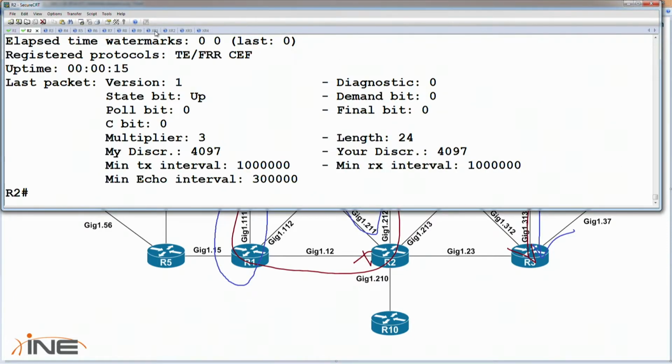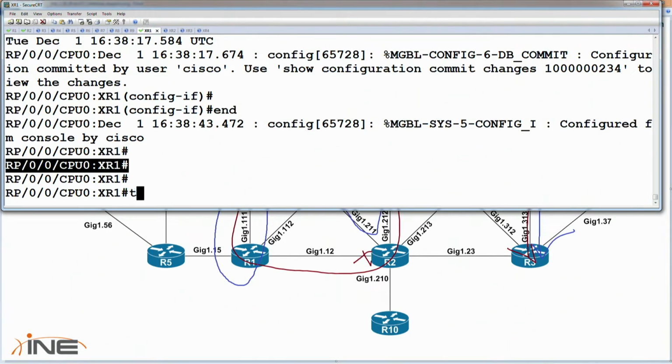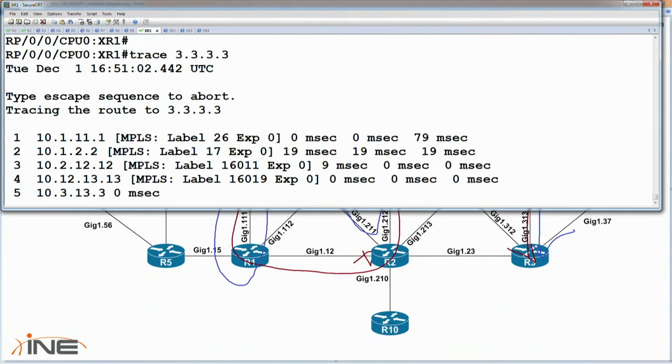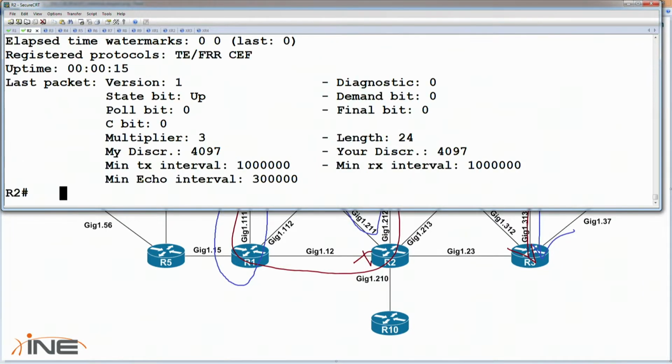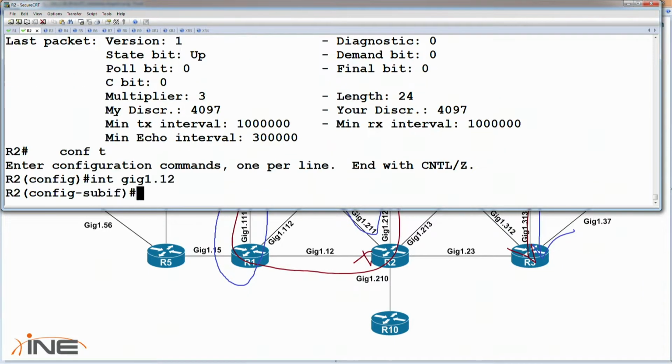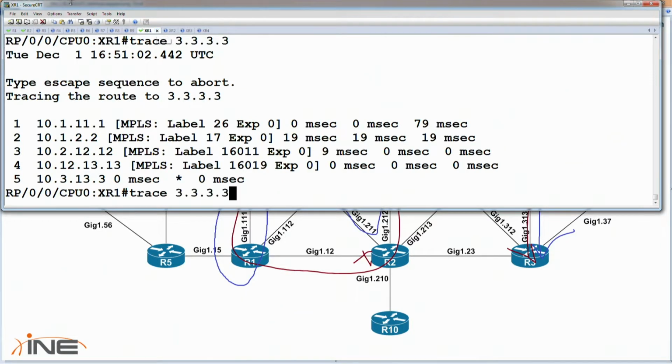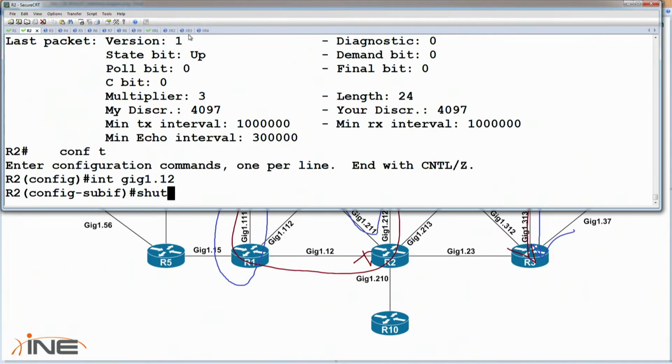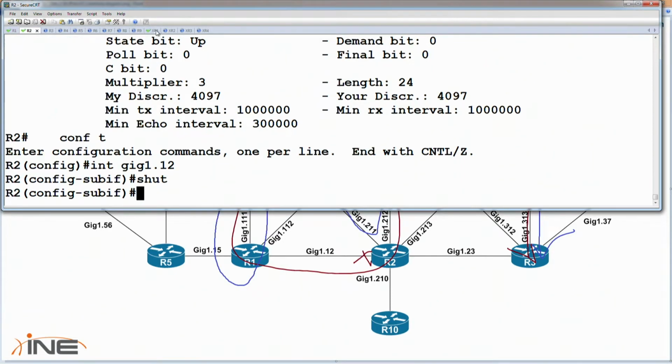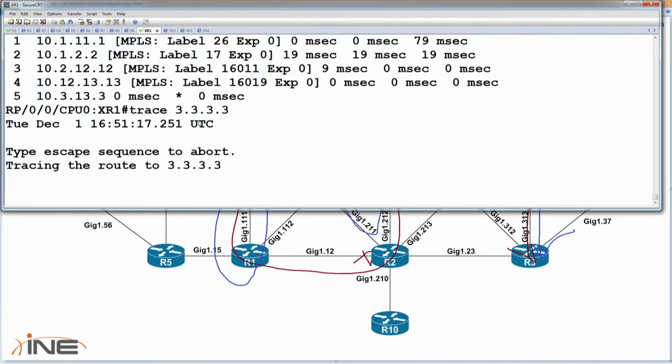So on XR1, let's do a trace. Trace 23333. You see we're using the TE tunnel. Then if we go to router 2 and we shut the link down, and pretty much almost immediately, I'm going to try to do this pretty quickly here, pretty much almost immediately as soon as we shut down the tunnel and we do the trace on XR1, it should learn the new path,